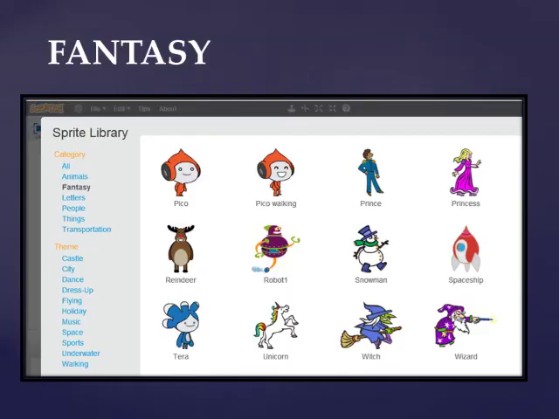We can also choose fantasy from the sprite library. Fantasy, basically your princess, your cartoon characters like unicorn, witch, etc. These are the story characters, so you can also use them in your Scratch programming.